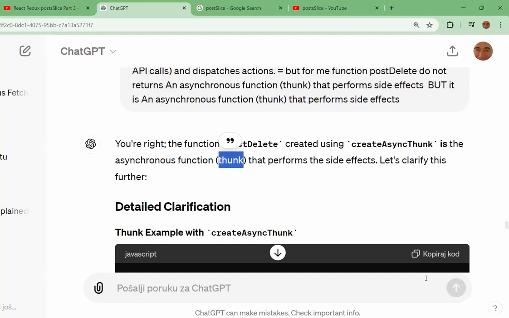That request function returns a promise, and the promise returns response data. That response data goes into extraReducers, and in extraReducers an action will be created: the pending type, then action fulfilled or action rejected.